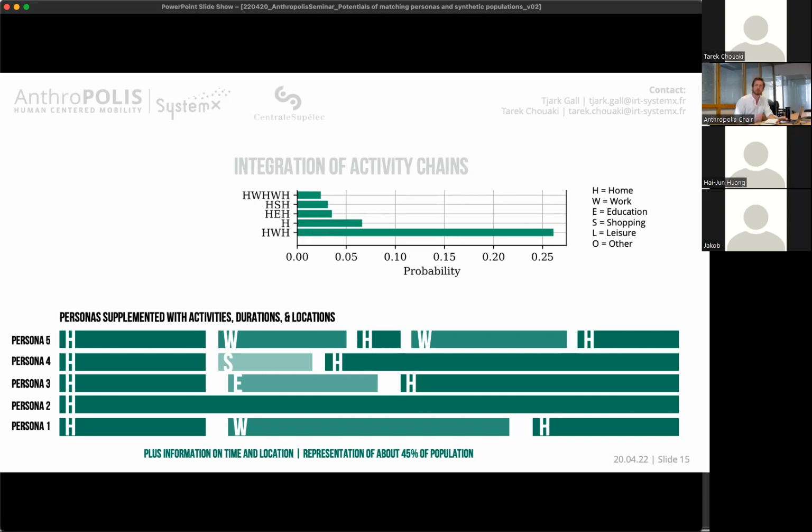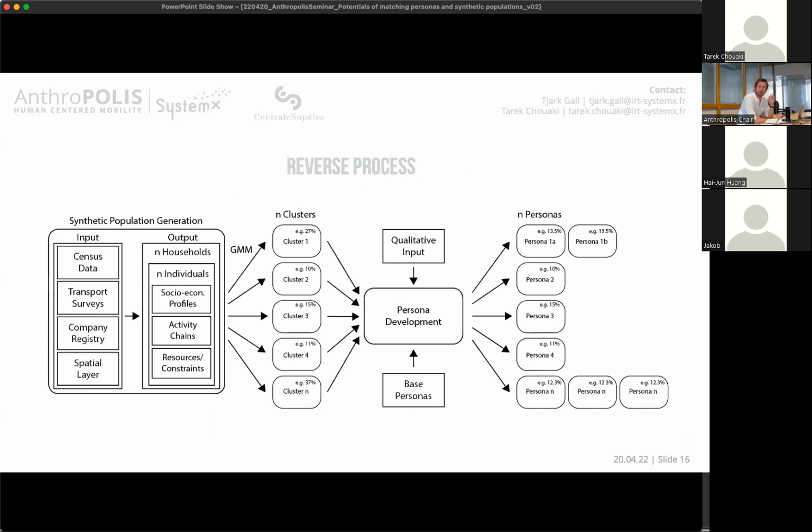But this is, let's say, one direction, which then also now you will see very similar distributions of activity chains between the different clusters, because they haven't been integrated in the clustering approach before. But this might also allow us to cluster people differently, not just looking at socioeconomic profiles, but also at the complexity of their trips each day. This is the first part. So this is what we're currently working on to edit.